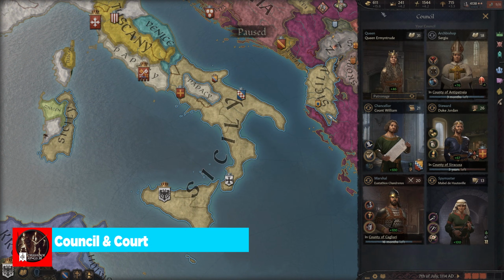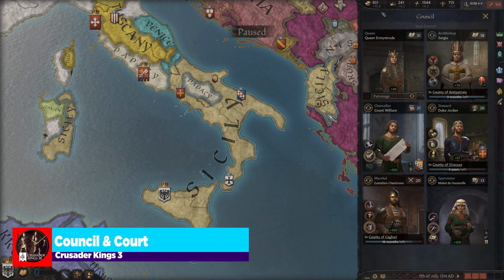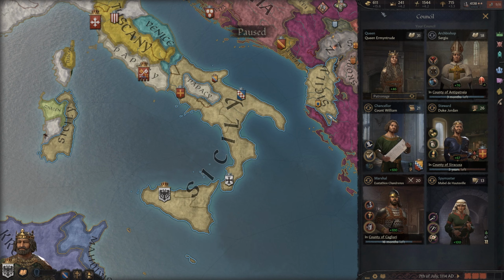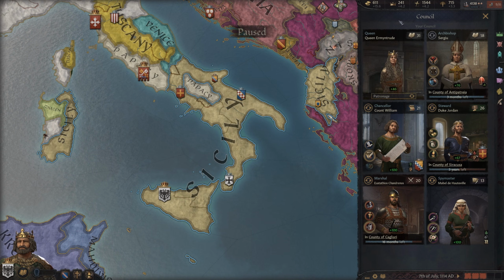So moving forward, we have your council and the court. Your council is divided amongst 6 individuals, 5 of which, or well, depending on what your situation is, 4 of which are going to be your vassals. 1 will be an appointed archbishop, depending upon your religion, or if you're a religion that doesn't have it appointed, you will select your chaplain, and then your spouse. Before we talk about these individual positions, there are 2 things I want to talk about.